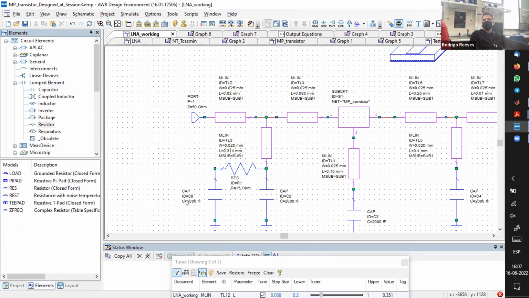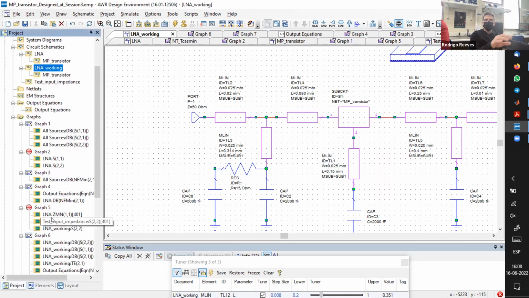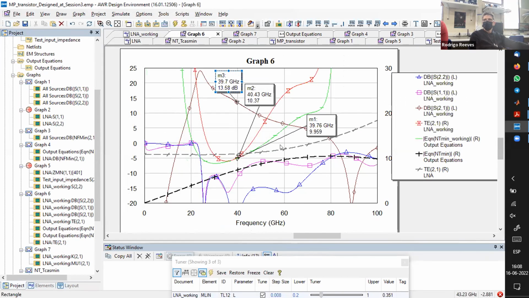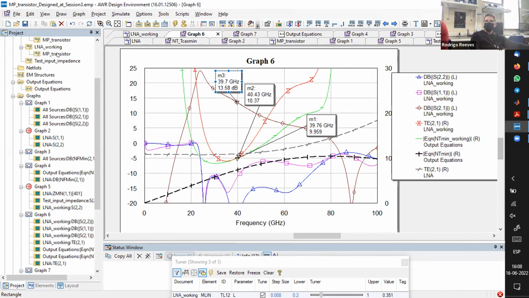How large is the second capacitor? I think 5 picofarads. So that can be quite large, but in the real world you cannot fit very large capacitors on the chip. So 5 picofarads is already quite big on chip level. You can add them later on PCB level too. It moves a little, but not that much. Not that much, but if you put it to all of the stages,